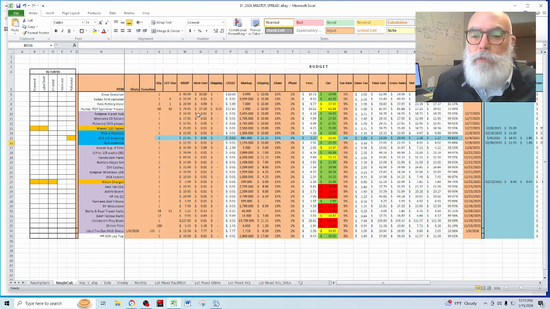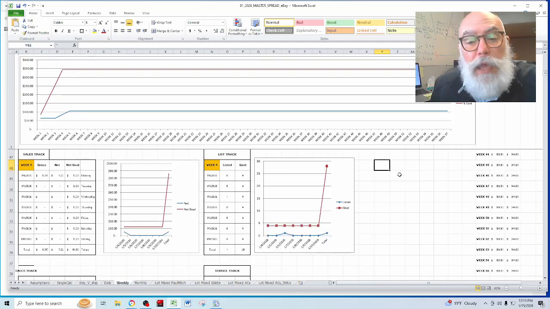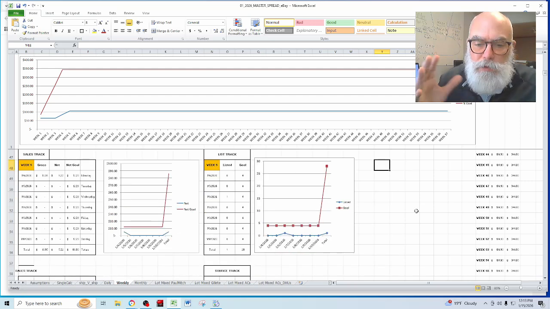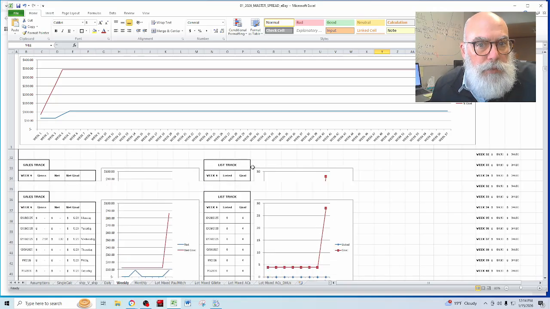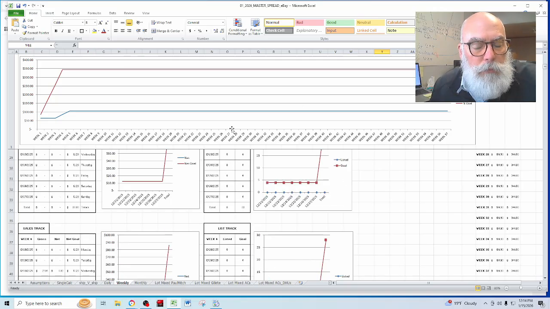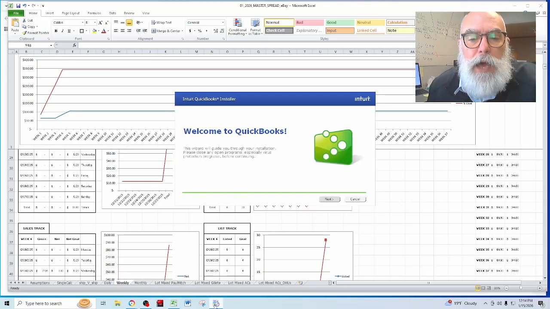It was quite something to build out, and I can still go over here to my weekly and add in the source, but I can also add in refunds, so there's a lot of data that I can pull from this. But the question is, do I want to spend any more time really trying to refine this? I can see getting to the end of the year and going, oh my goodness, what a mess. So what I am opting to do